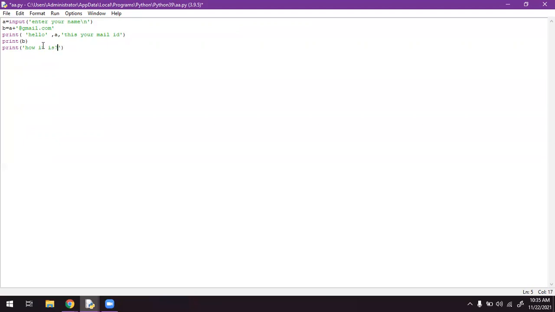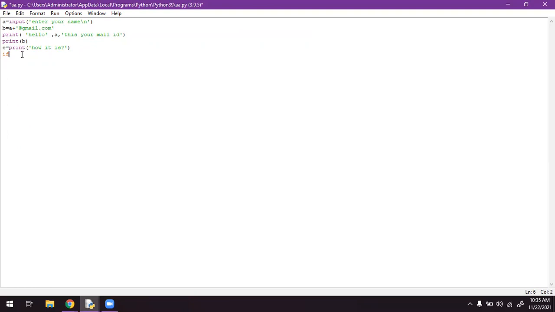If I write a condition here, I have to store this in another variable, because I'm taking a condition here. I'm asking for feedback here: how is it? So the response is